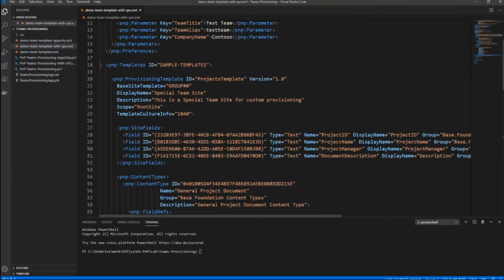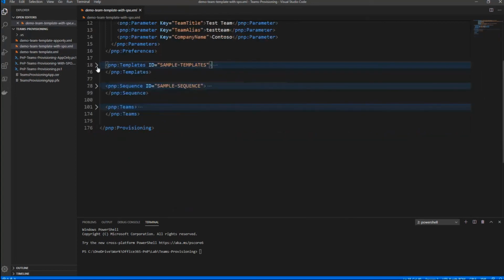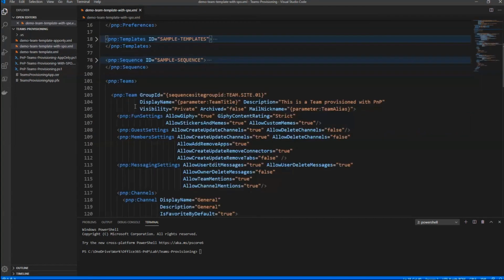But we also have a team section. So let me close this one and let's open the team section. Here we want to provision some settings on a team, which is actually an already existing team, the one that we created when we teamified the previous site collection. And just to let you know, the provisioning engine will first of all provision the site collection, and secondly,